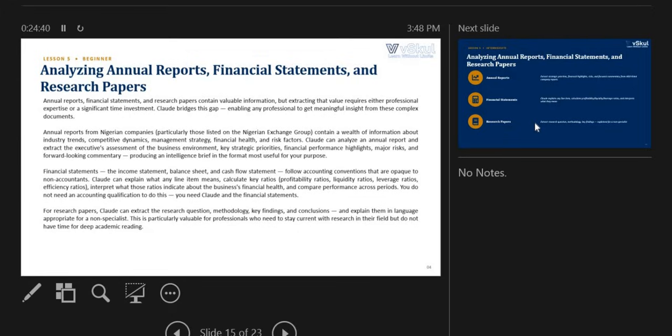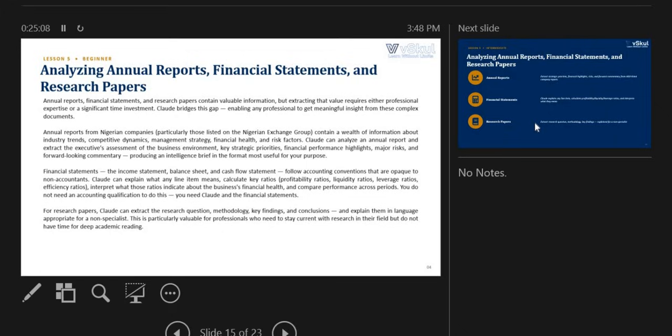Claude bridges this gap, enabling any professional to get meaningful insight from this complex document. Annual reports, on the other hand, from Nigerian companies, particularly those listed on the Nigerian Exchange Group, contain a wealth of information about industry trends, competitive dynamics, management strategy, financial health, and